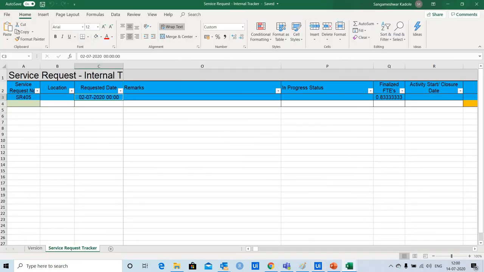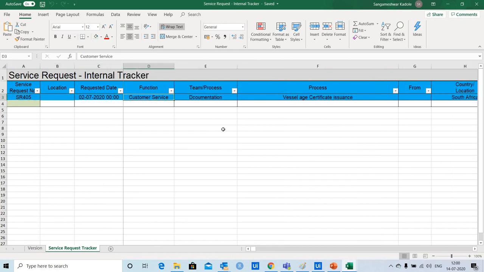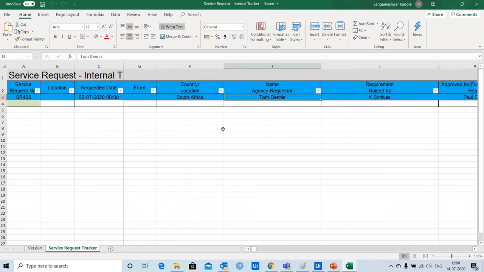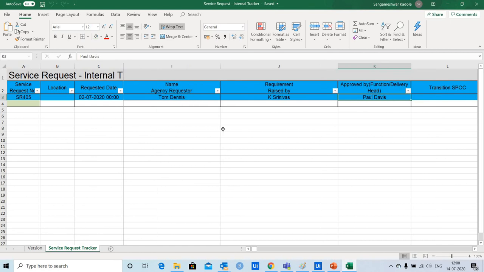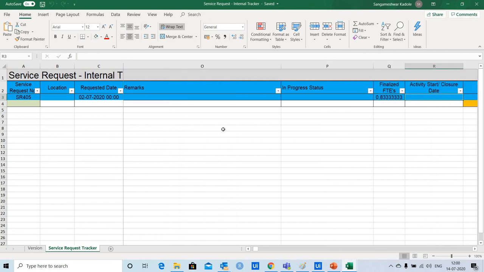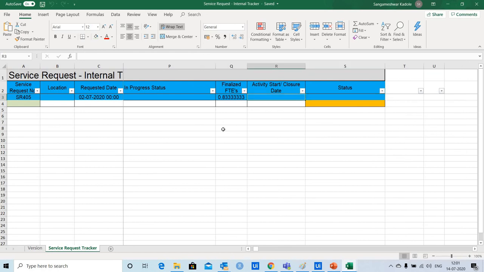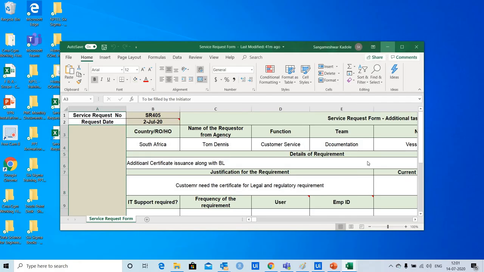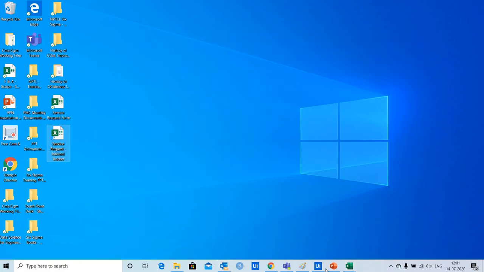Let me see how the data has been captured. Request date, function, team name, process detail, country detail, requirement raised by detail, functional head approval details, and then FTE details. So friends, here you can see complete data has been captured, and with this I am completing this video.